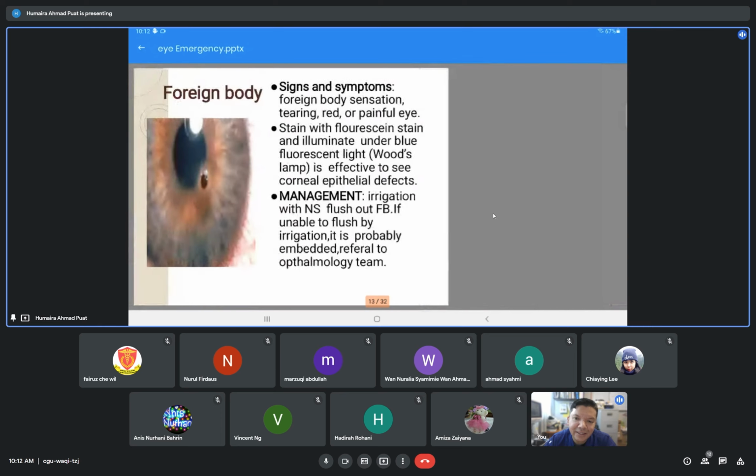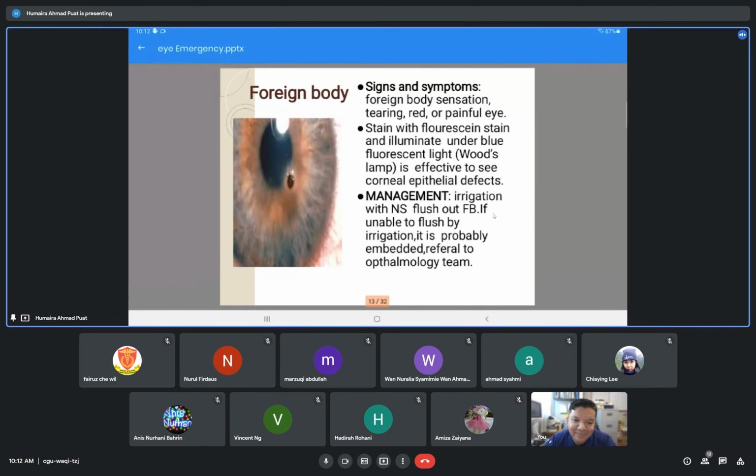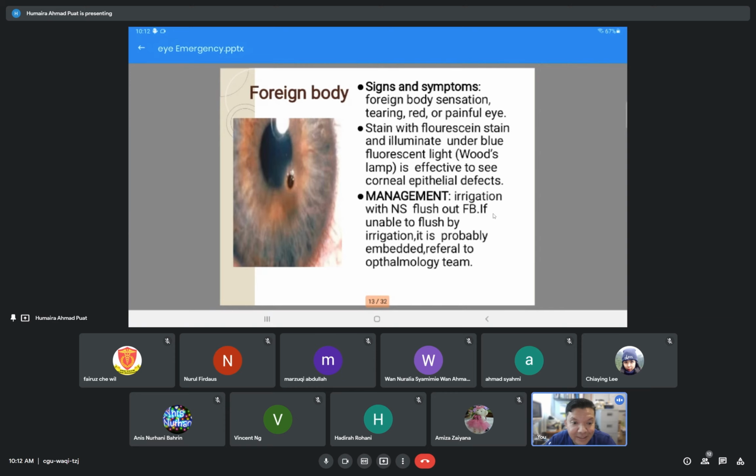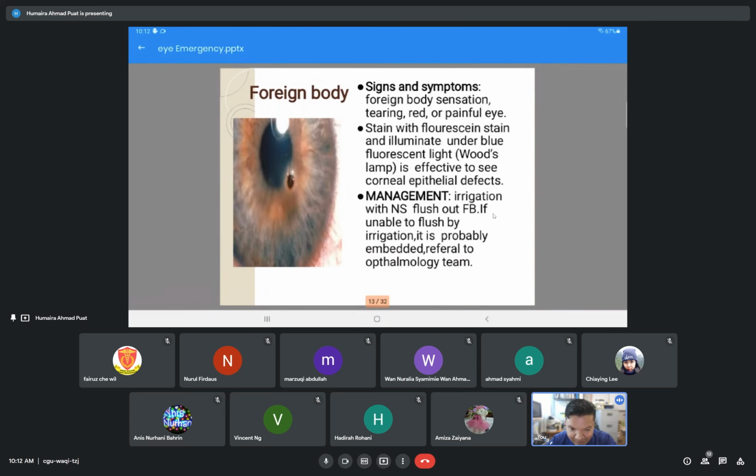Okay, do you know how to stain the eye? Have you done it before? Okay, before you stain the eye, you have to do what? Before you put the fluorescent stain, what must you put at the eye? You have to give your local anesthetic first, give alkane. You give alkane drops, so the eye doesn't feel pain, doesn't feel anything, then you